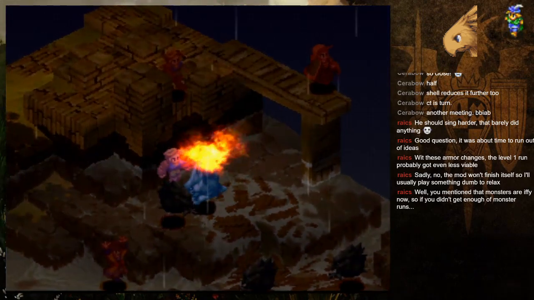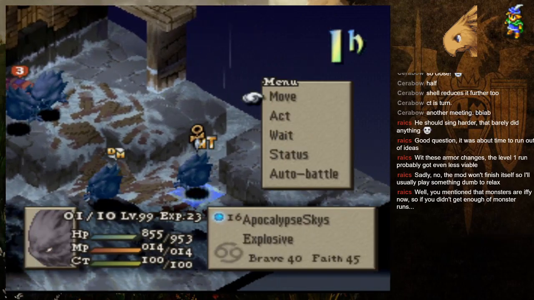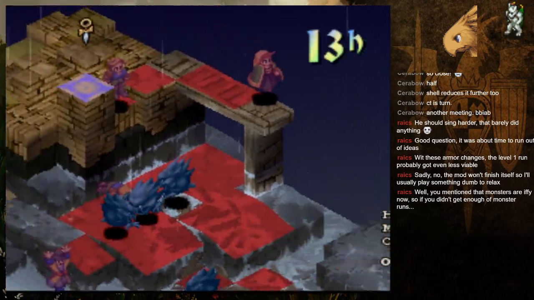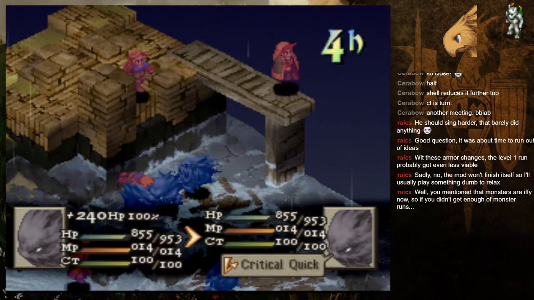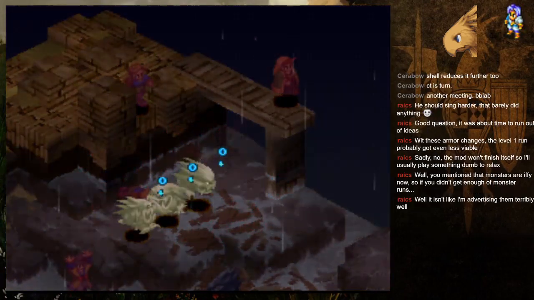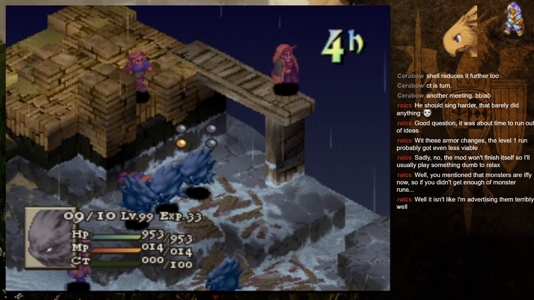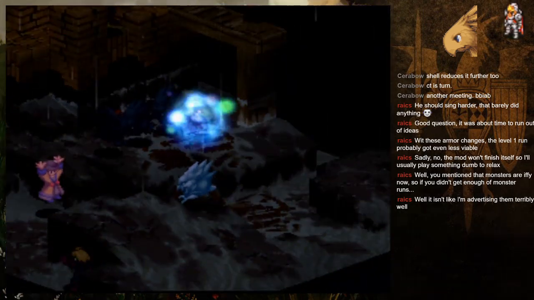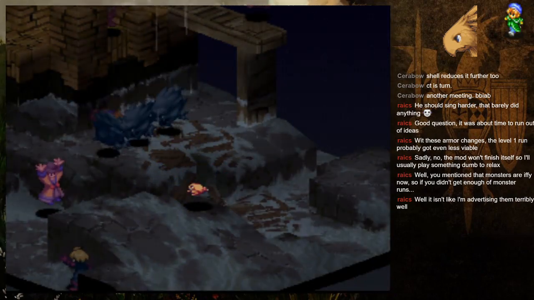Alright, so there's their archer gun. Yes, he's not very useful, but still, he's a unit down. And I want to get them all built up over here. I was like, I'm advertising them terribly well. Gotta buy some ad space, man! But yeah, no, I usually...